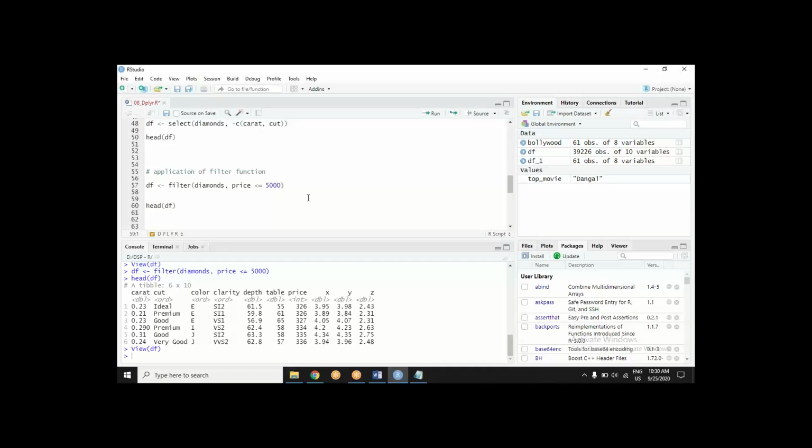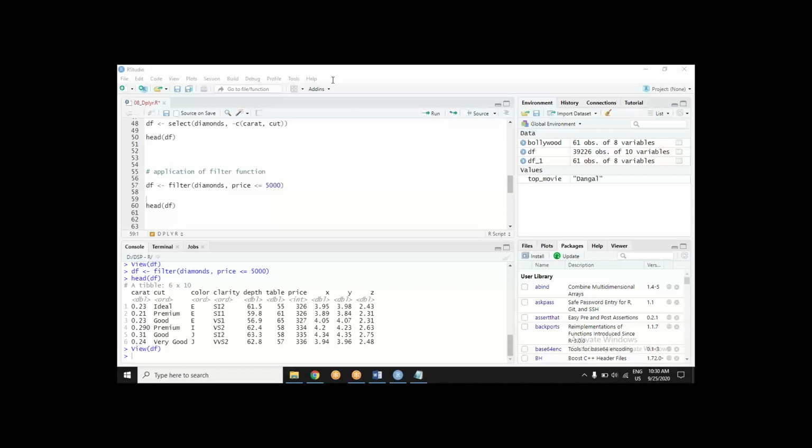Now we also know that I can have multiple conditions. Yes or no? I can have several conditions. Maybe I have a condition that I want price to be less than 5,000, but how much less than? It should not go below 3,000 also. Suppose my condition is this.